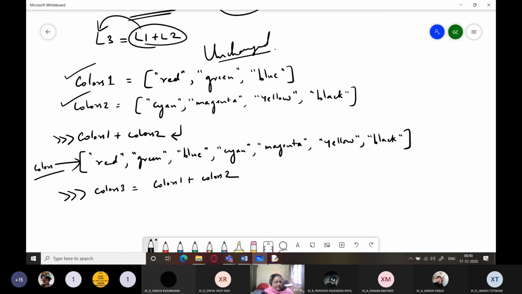Instead, a third list is created, that is colors3, and it contains all the elements of colors1 and colors2 joined together. Is it clear to everyone?